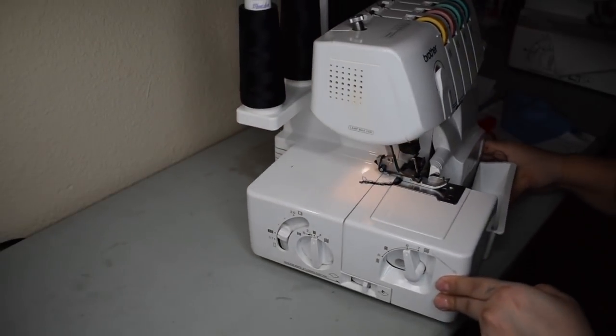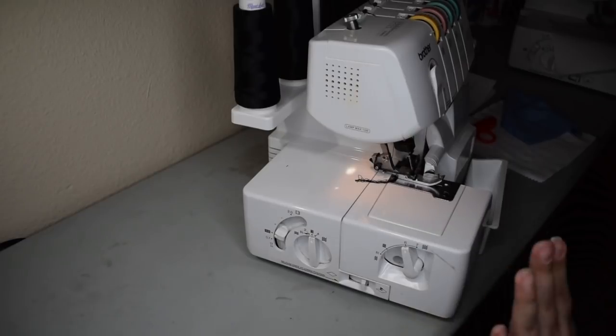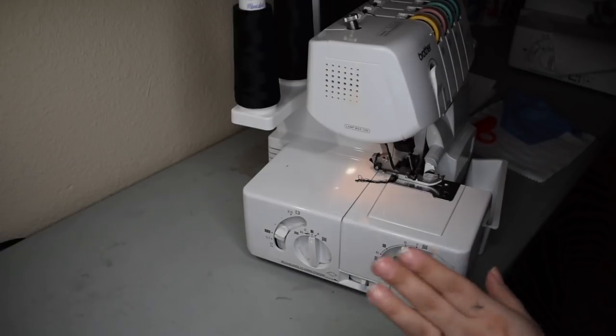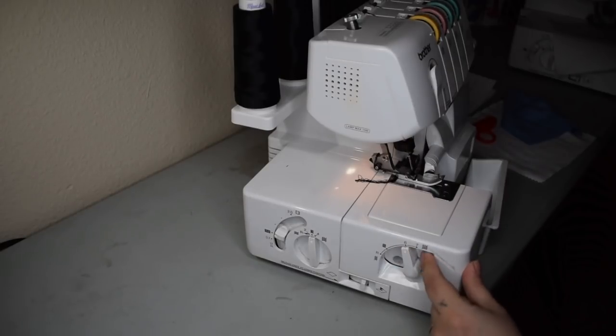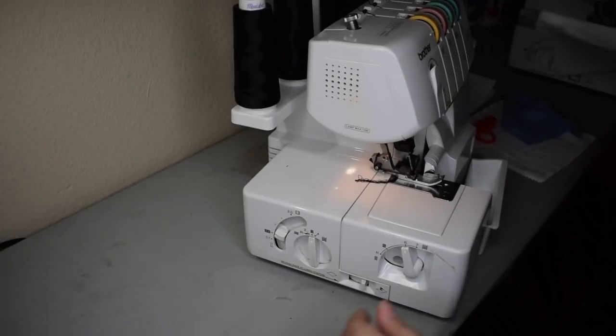And then we're going to talk about the side of your machine right here, because this is where all the fun is at. This is where you need to know a little bit more information about all of these dials, because it can affect the way that you're stitching. So we're going to start from the front right here. This is actually the stitch width. And what that means is